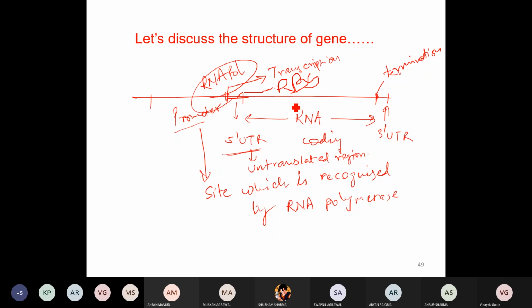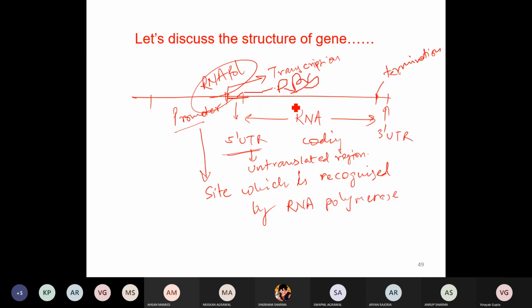So can you imagine now, if there is any mutation in the promoter region, what is going to be the consequence? RNA will not be formed, sir. Very high chance is there that RNA polymerase cannot bind to the promoter, and if RNA polymerase cannot bind to the promoter, transcription is not going to start. And if there is no transcription, no mRNA, no rRNA, no tRNA, no protein, basically. That is the importance of a mutation in the promoter region.